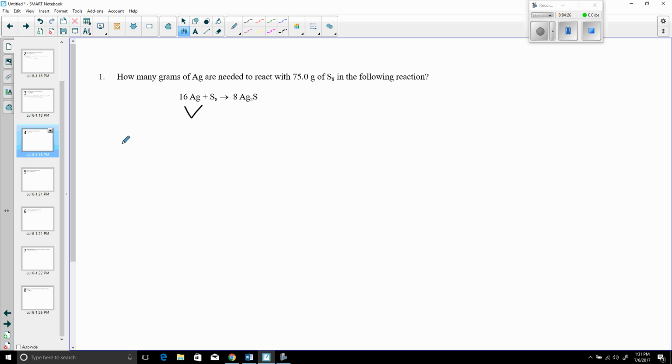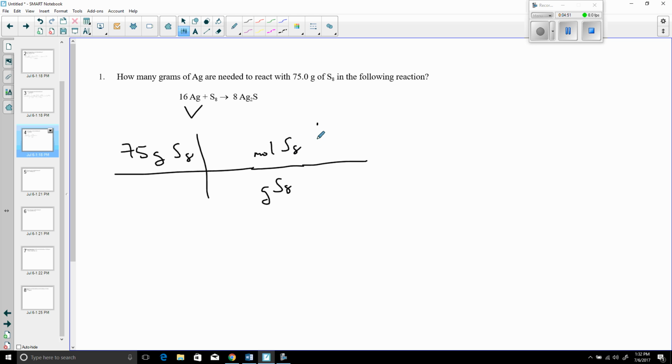So we have 75 grams of the S8, and we start with that because that's what's given. And we have to go from grams of S8. What is our next step? We have to be able to use this balanced chemical equation. What is this balanced chemical equation expressed in? That's right, moles. So we have to go to moles of S8. So right now we're just simply using the molar mass to take us from mass to moles. Now we're going to go from moles of S8